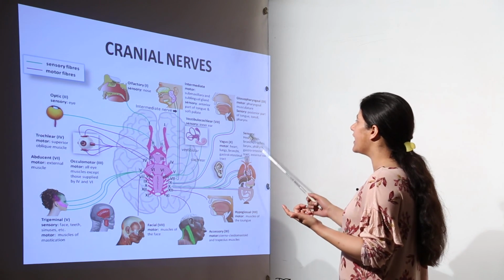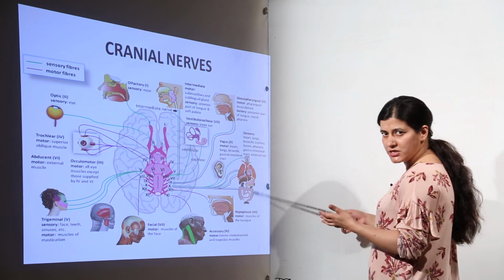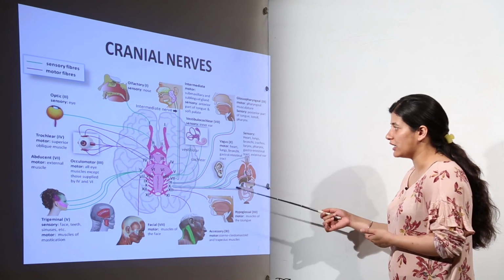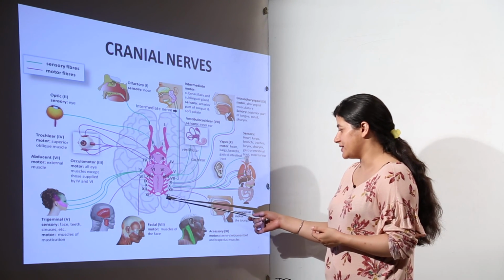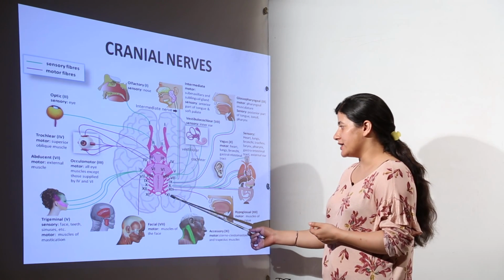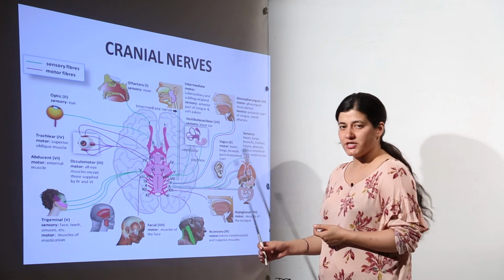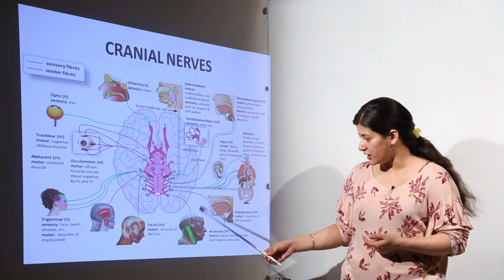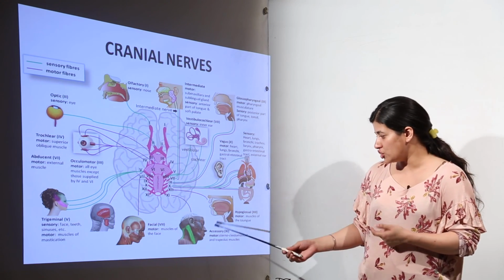Heart, lungs, bronchi, trachea, larynx, pharynx. As you can see, almost all the internal organs are represented and taken care of by vagus. Now coming to the next one, that is the accessory motor nerve. It is typically a motor nerve, the 11th cranial nerve. It is responsible for taking care of the muscles which are present over here, as you can see. This is again responsible for posture making.